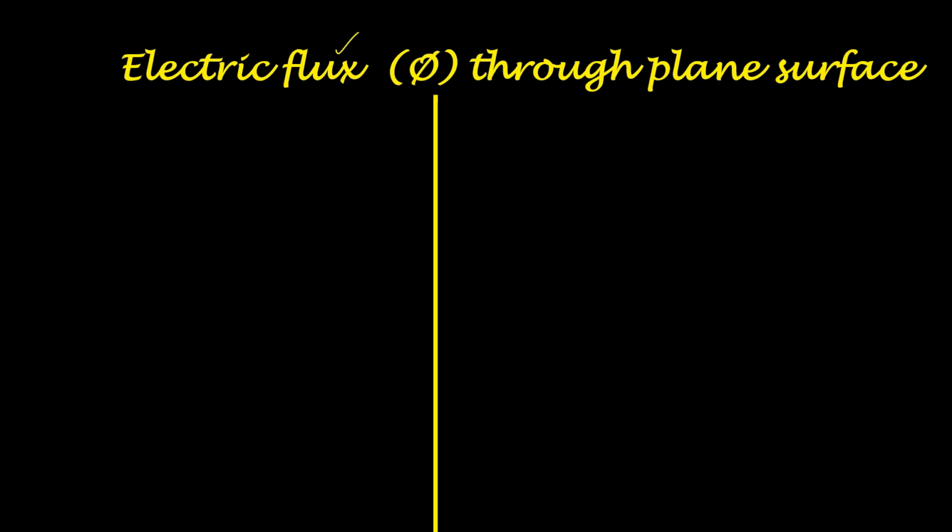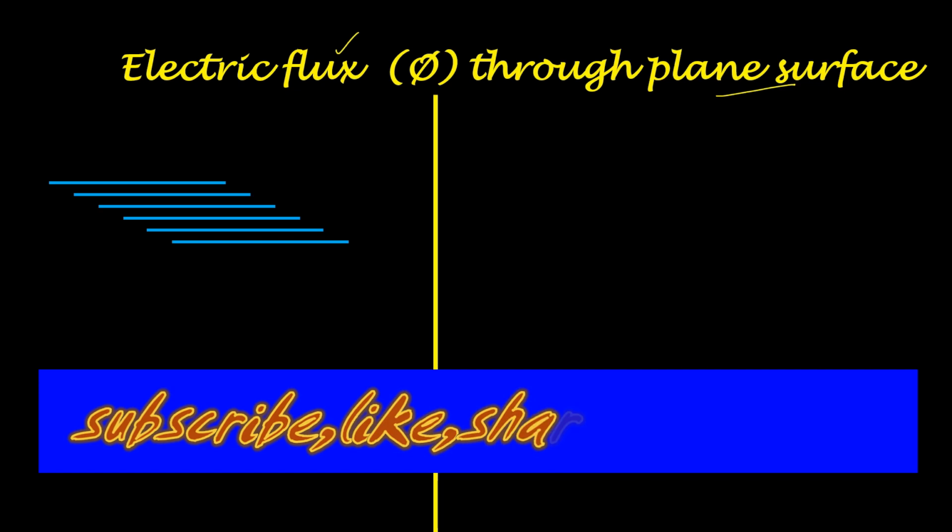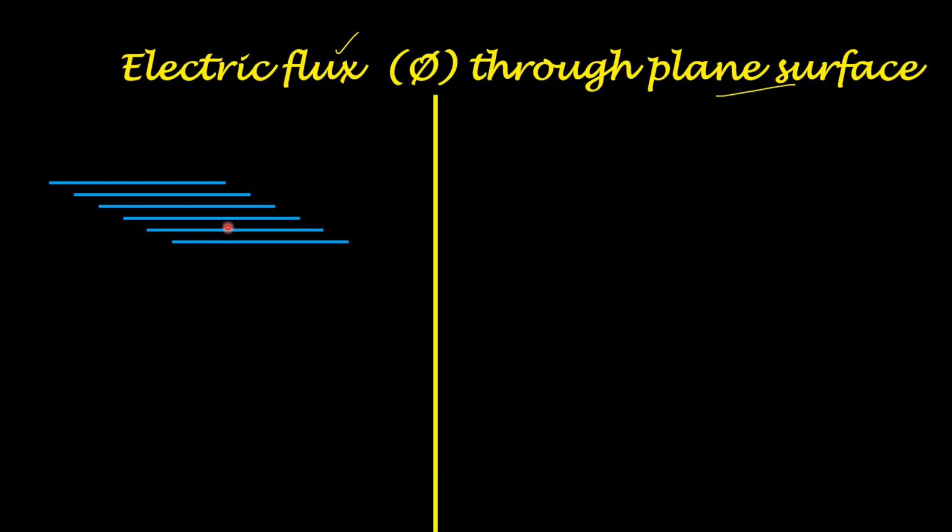Please remember that in the case of electric flux, no physical quantity is flowing through the surface. Please remember that point. Now let us discuss electric flux through a plane surface. Consider a uniform electric field. You find the field lines are spaced equally. That is, the distance between each field line is the same. What does that mean? It means that in that area, the magnitude and direction of the electric field is the same throughout. That is what you mean by a uniform electric field.